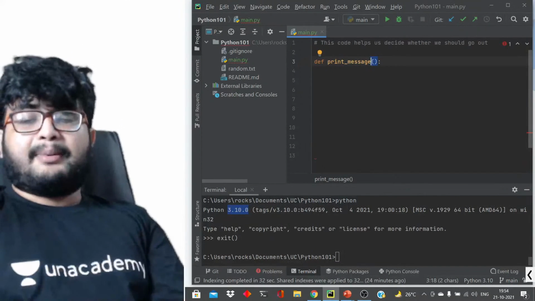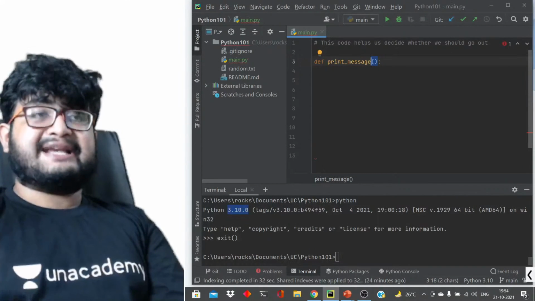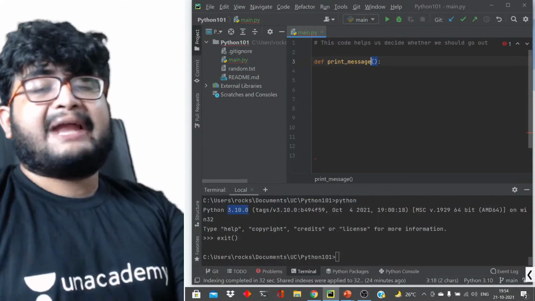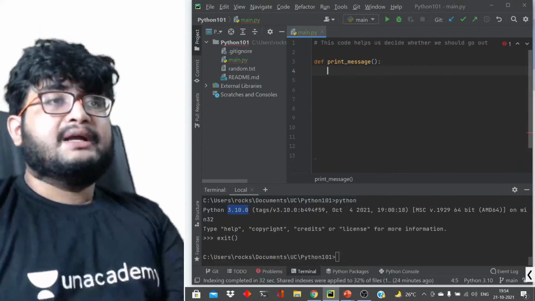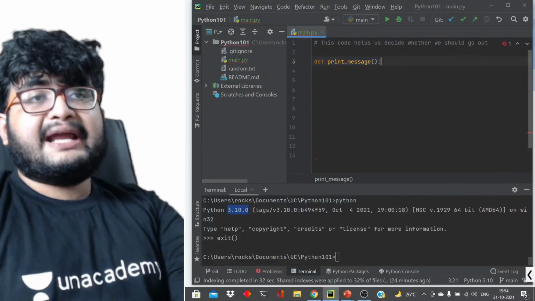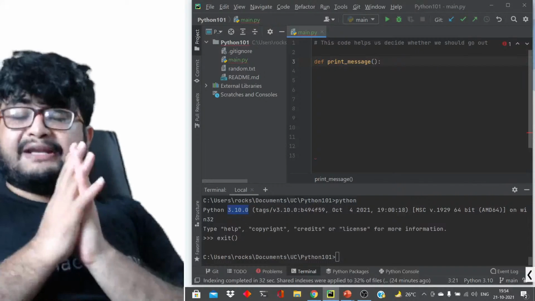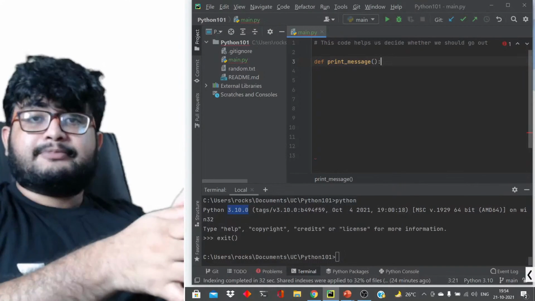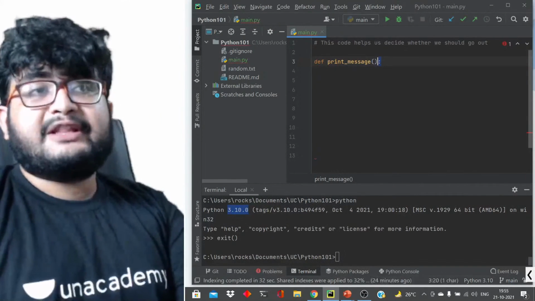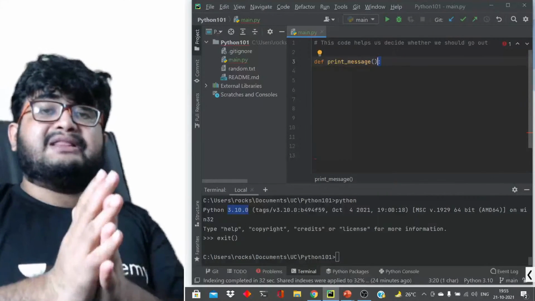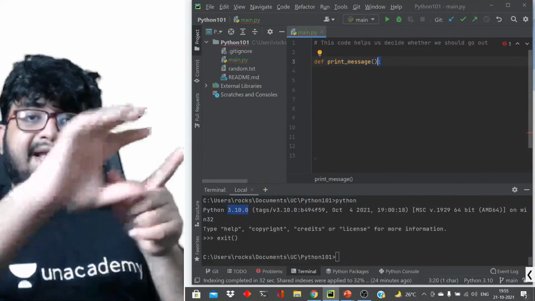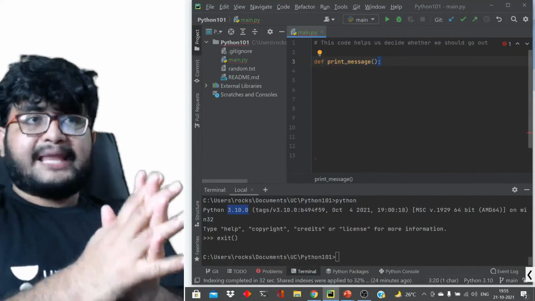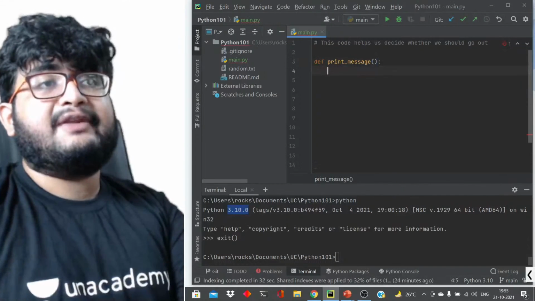Now after that, a set of brackets comes in. We will discuss more about the brackets later, like what will come inside them, but just remember that this is the syntax: after the function name, a pair of opening and closing brackets comes in. Now after that, a colon comes in. Yesterday we talked about indentation. Whenever a piece of code goes inside something, we indent it and end the line with a colon. If you remember the if statement or the for statement, we ended with a colon, and inside that we indented the code so that we know this code goes inside the if statement. Similarly, for a function also, we'll end with a colon and indent the code.